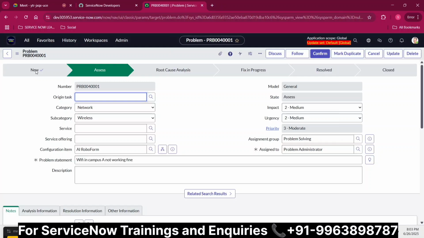It moved from new to assess after assigning this ticket to a user along with a group. Then this problem administrator user is responsible for resolving this problem. He goes for root cause analysis. Assigning is nothing but taking the responsibility to solve this ticket, and he needs to confirm from his end, like, I am the responsible person who is confirming that I'll go for root cause analysis,